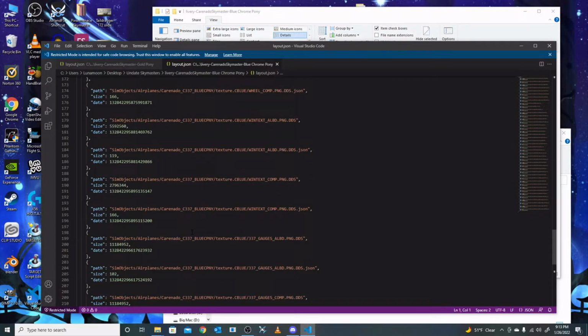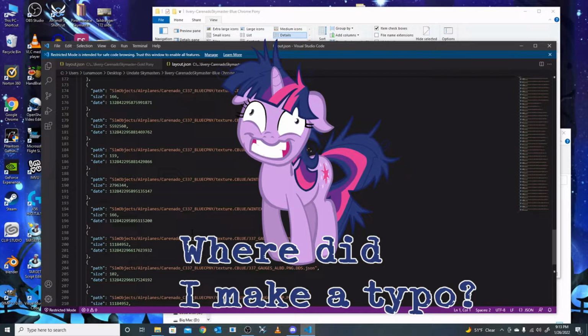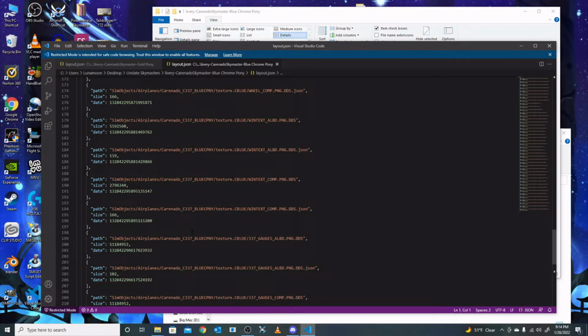even I make sometimes huge mistakes during naming conventions. Trust me, if you spell something the wrong way or you put a period or a comma instead of a period or something and you don't catch it, and the text editing software here, like Visual Studio Code, doesn't catch it or you ignore it, you end up not seeing files, you end up with your pink checkerboard. But so all of these here, they're all in reference to